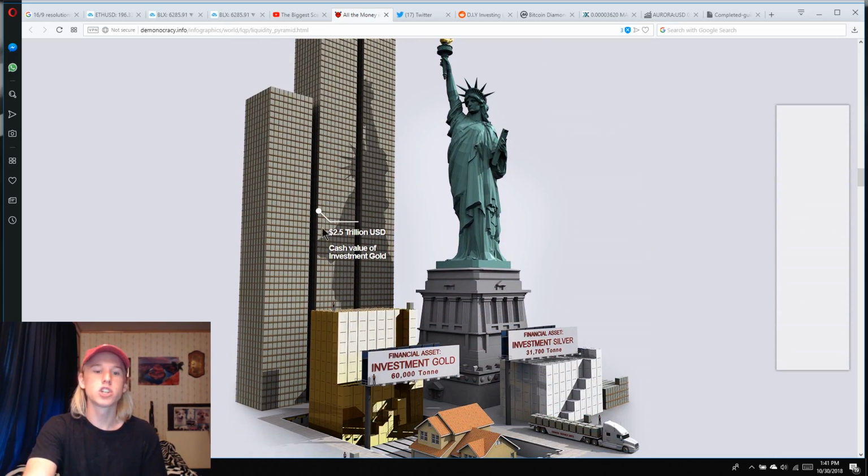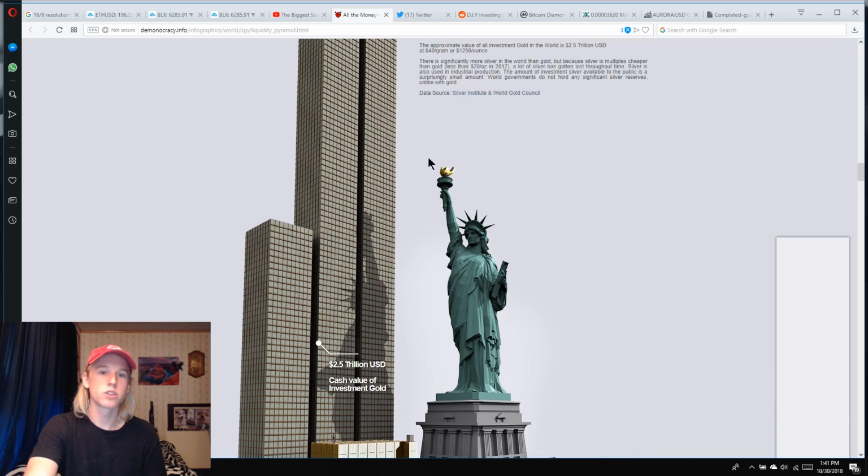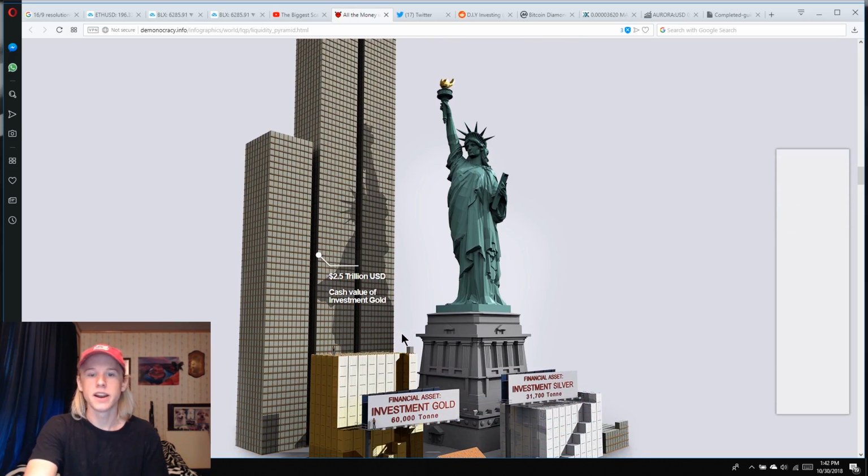So this is going to show you the valuation of gold and silver. Currently $2.5 trillion worth of value inside of these. Now, to put that into perspective, if Bitcoin had $2 trillion worth of market cap, that would boost Bitcoin's value to about $115,000 per BTC. Now, if the entirety of this market cap went into Bitcoin, $2.5 trillion, that would boost it to probably $140,000, if not a little higher than that, which is just crazy, guys.